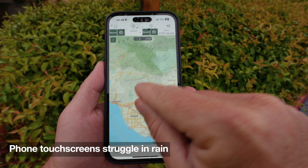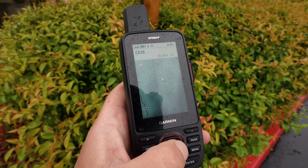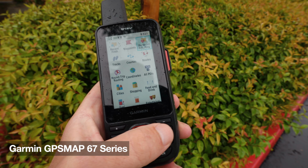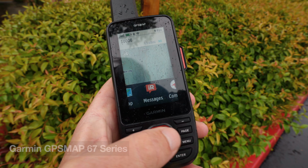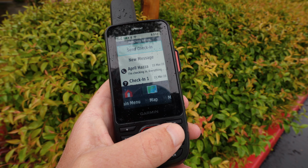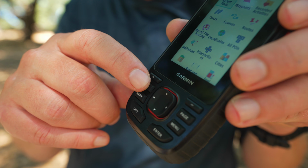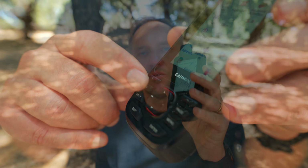And that seems to work great most of the time when it's nice out, but when it's not nice out, I go with a handheld GPS device like this Garmin GPS Map 67. This comes built for the outdoors. It's rugged, it's waterproof, you can kind of smash it. But more importantly for me, you don't need a touchscreen to use it. Touchscreens are really hard to use when it rains out. This works perfectly. The buttons have tactile feedback, and it's built to be used with gloves in the rain and